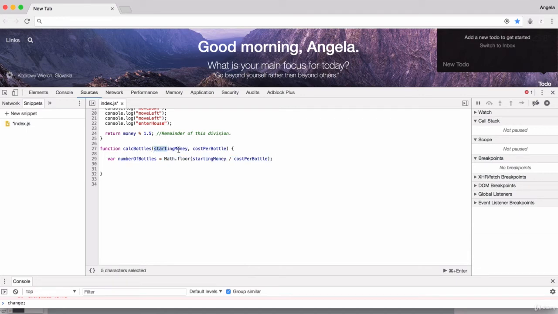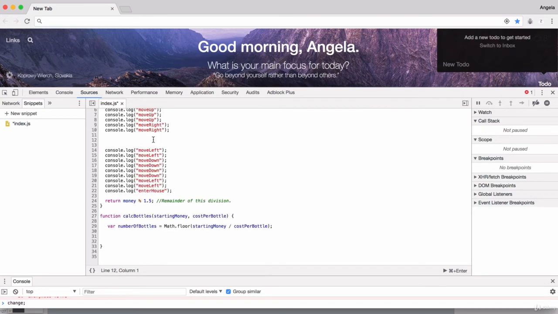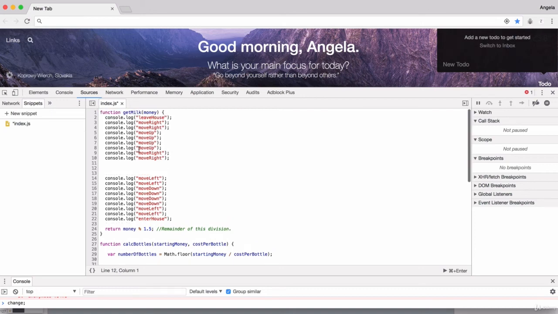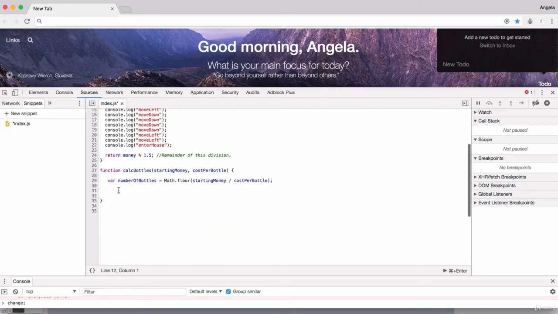So you could have a starting money amount of $5, $10, $20. Doesn't matter. And if you divide that by the cost per bottle of milk, then you will end up with the number of bottles. So now, how can we use this function inside here? Well, if we give this function a return statement and we say that the output of this function is the number of bottles,